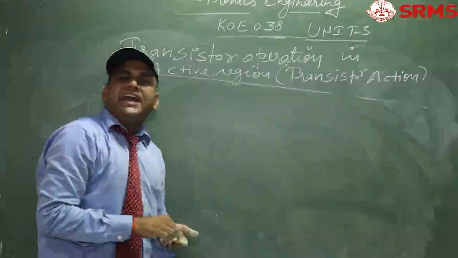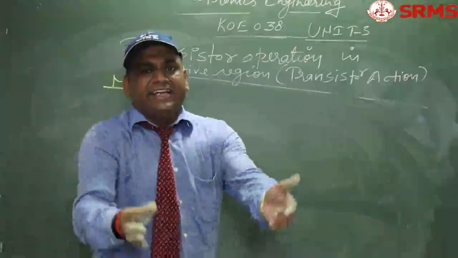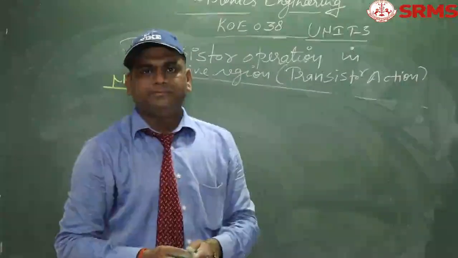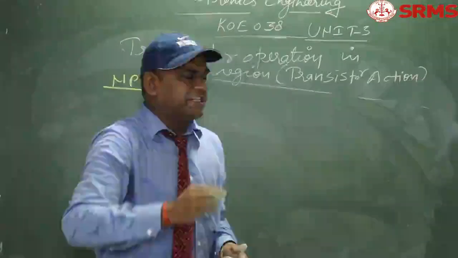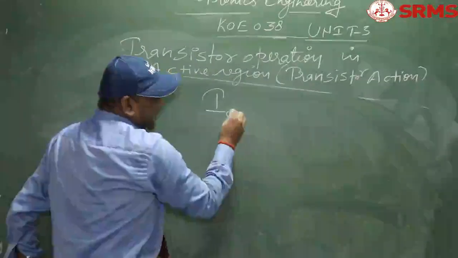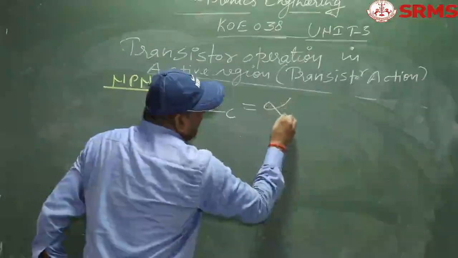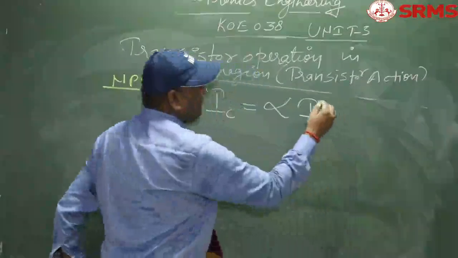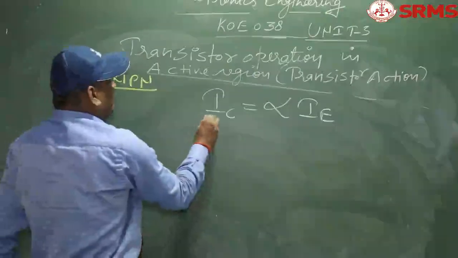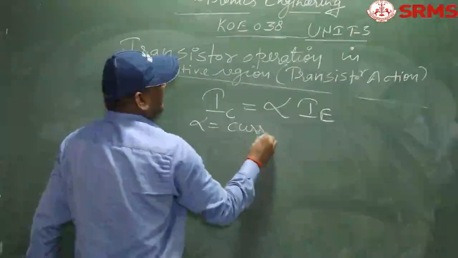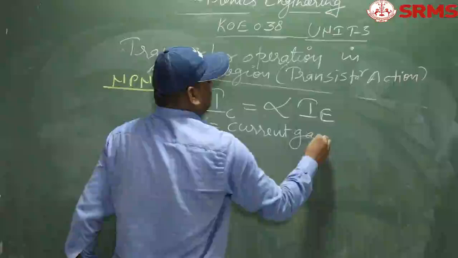The previous equation, IE is equal to IB plus IC, is just KCL. But as far as circuit operation is concerned, if IC is not equal to IE, IC is equal to alpha times IE,